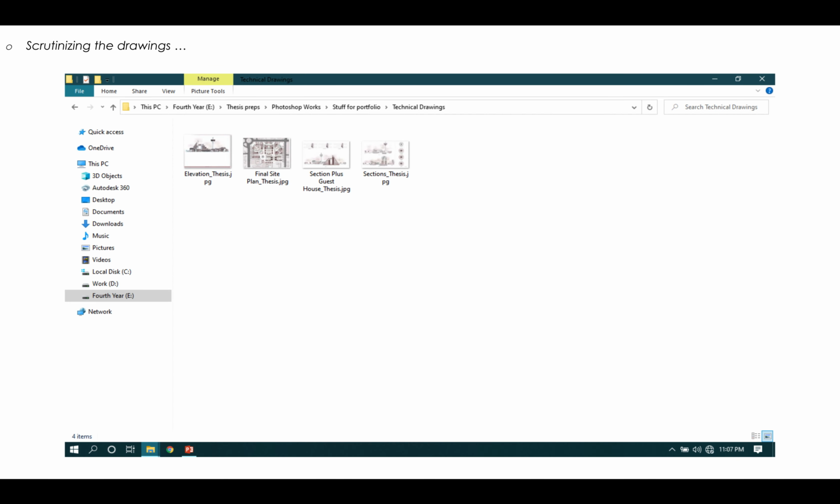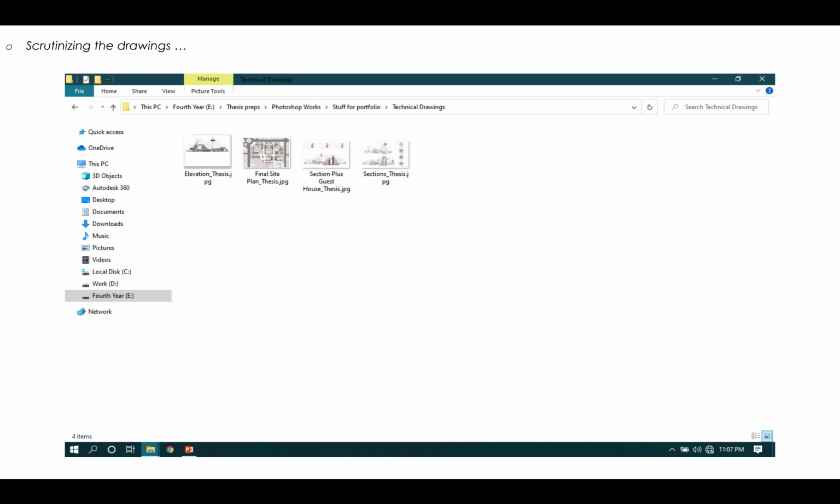In this technical drawing folder, you'll have plans, sections, elevations, and all sort of those technical drawings which really make the project. For example, if you have never worked on the elevation that much, so that it doesn't look like a designed elevation, do not think twice before letting it go. You can chuck it in the bin. Don't need to put it in the portfolio. In the portfolio, focus on putting your best foot forward. None of the people who are going to review the portfolio know that you didn't work on the elevation unless you show them that way.